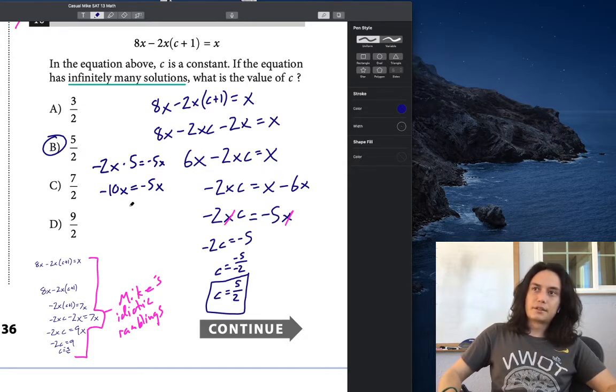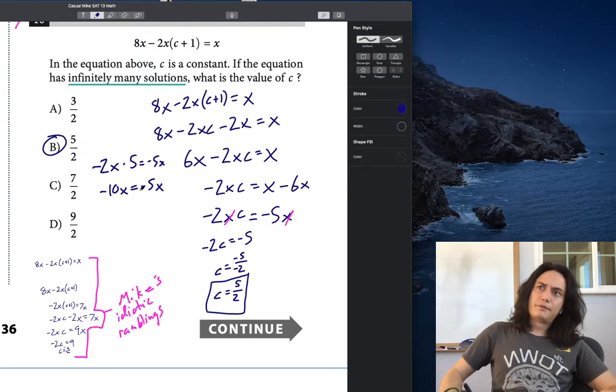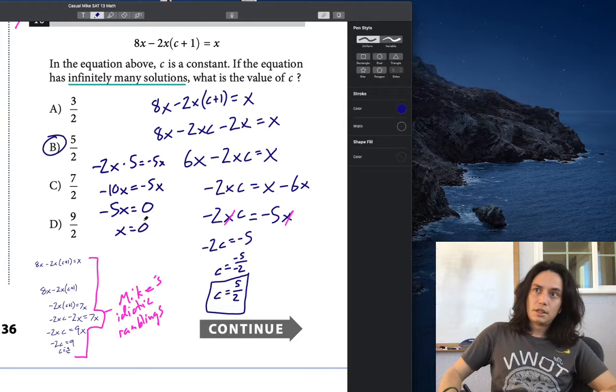And then x is going to be a specific thing, which is to say, let's just add 5x to both sides. So we'll have negative 5x equals 0. X equals 0. X can't equal 0. In this equation, with C being 5, x turns out to equal one thing, which is one solution, not infinitely many. So the only actual one that works for C is the one that makes it so that these x's